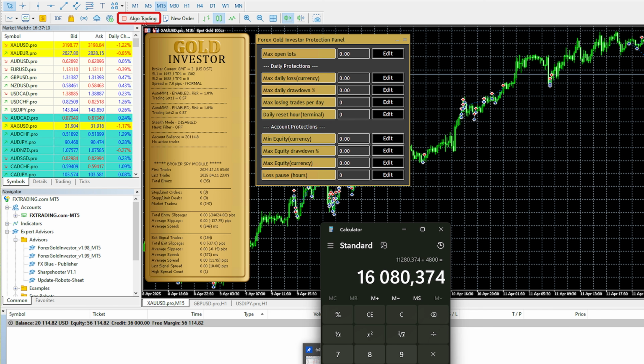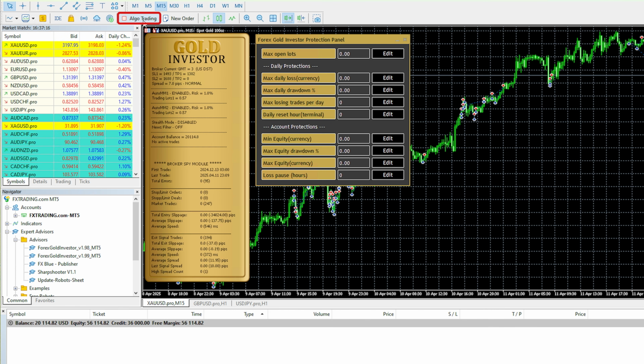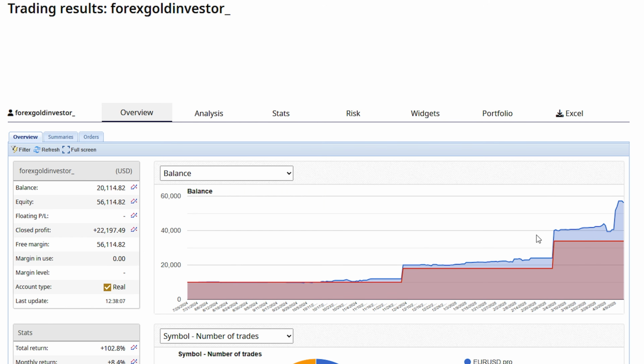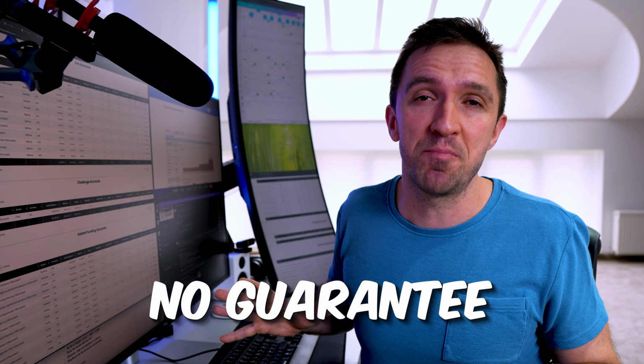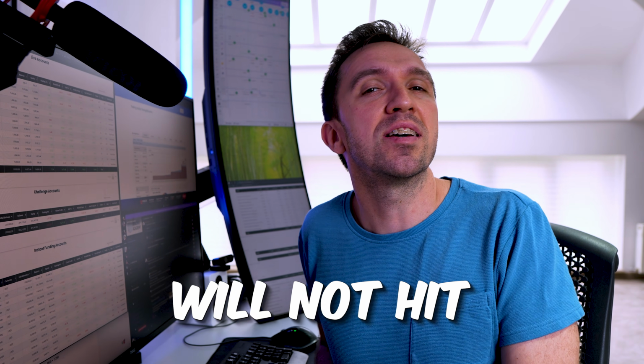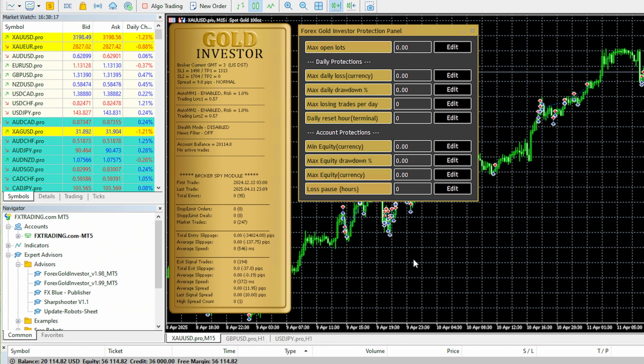Of course, I will disable the algo trading the way it is right now, and I have disabled it this morning after I saw the profits in this account. Because if the Forex Gold Investor for some reason makes a loss, and you can see that there was a loss a little bit earlier this month, it went to 43k, it dropped to 39, and then boom, here was the great profit. But there is no guarantee that it will not hit the 10% drawdown, even though in the